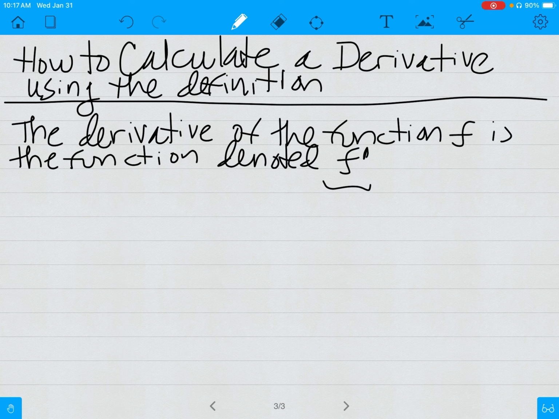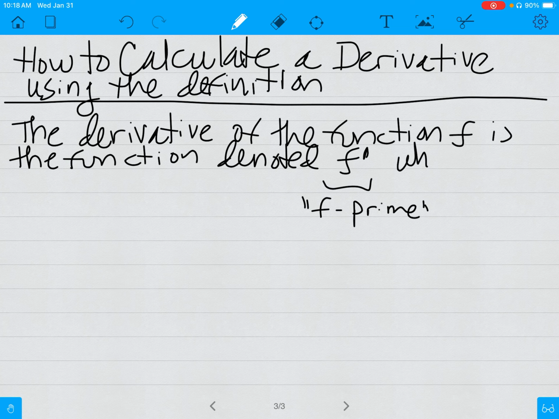We read that as f prime. And that is the notation that lets us know that this is the derivative of the function rather than the function itself. So the derivative of the function f is the function denoted f prime, whose value at the number